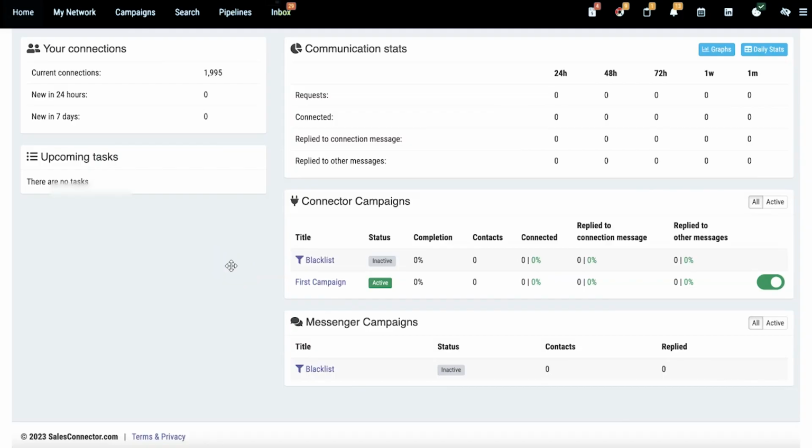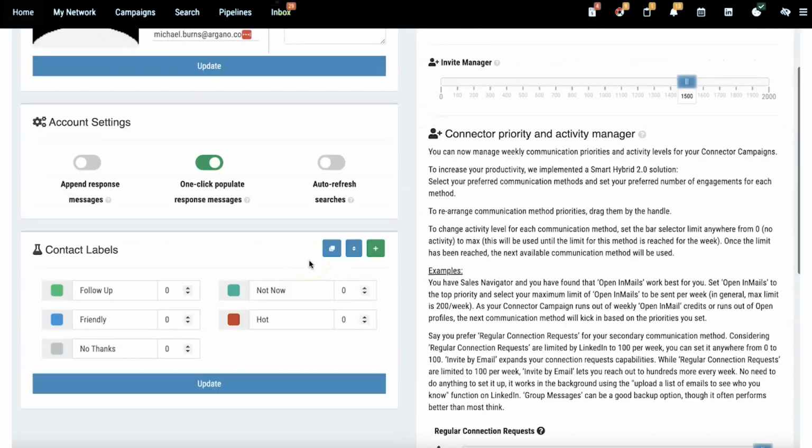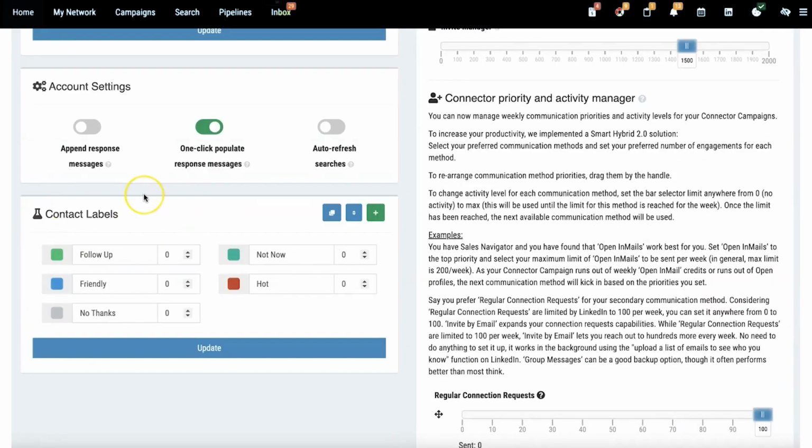So to access labels, first go to the hamburger menu in the top right and go down to settings. If you scroll down in the settings menu here, you'll see contact labels here on the bottom left. So you'll see that we have some preloaded labels here for you, but before I get into this,